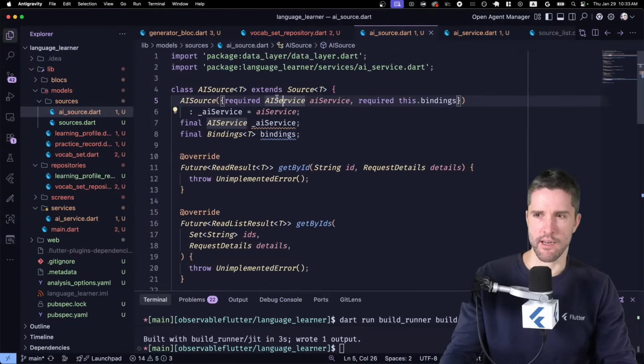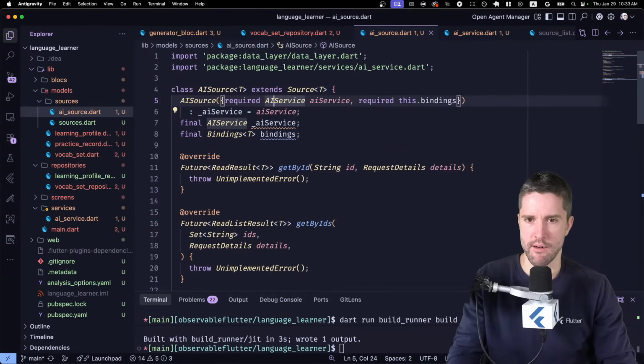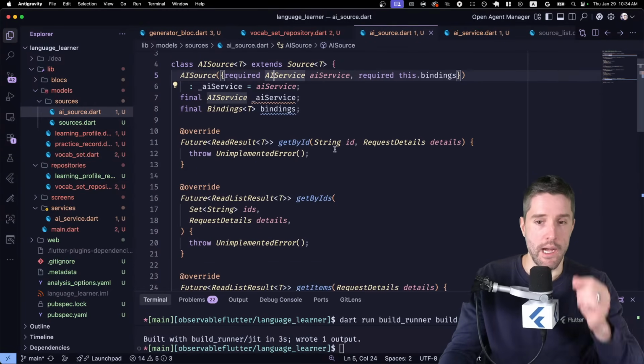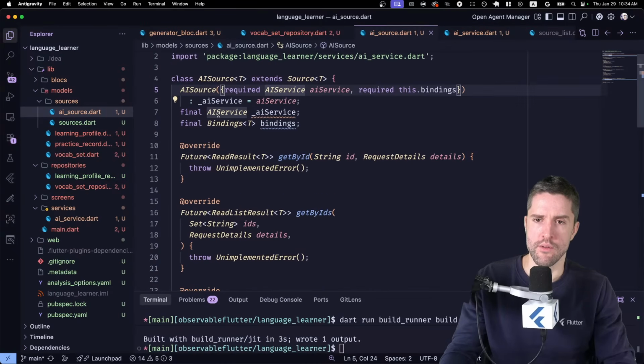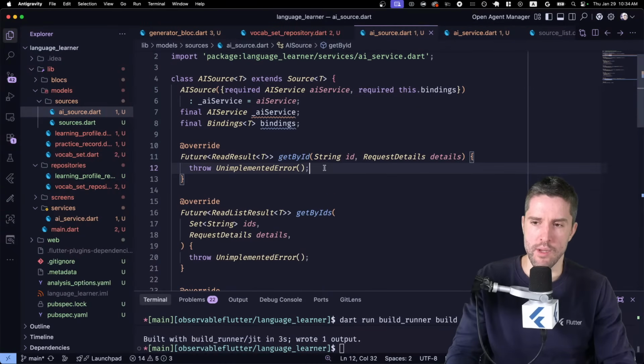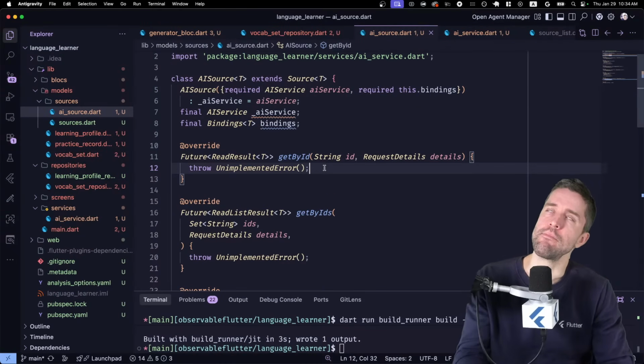I would probably add another layer of abstraction there, but maybe not. I don't know. I haven't used Dartantic AI in a minute, so I'm not totally up to speed on its latest stuff. So we're taking in the AI service, and now the AI source, it's our job to figure this out. So get by ID is probably a thing that doesn't